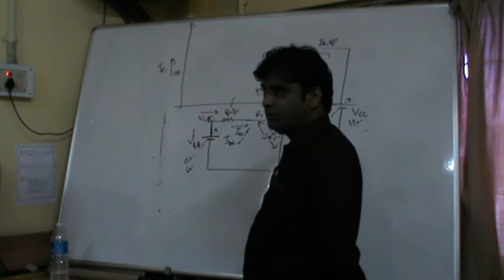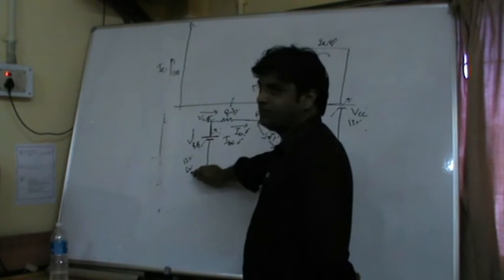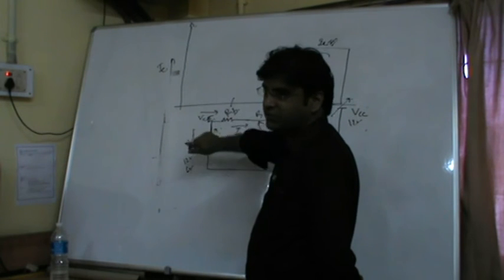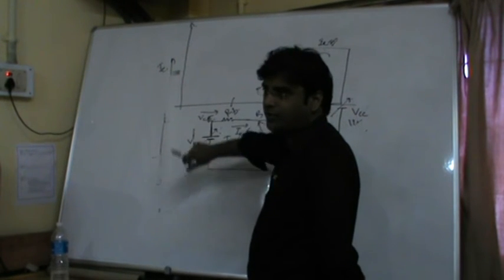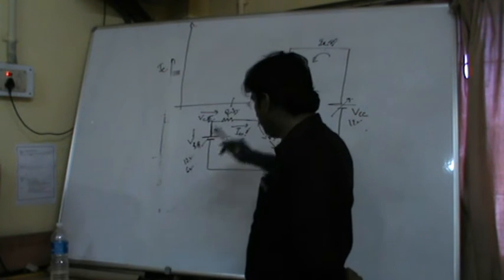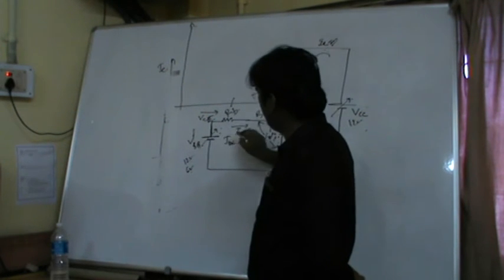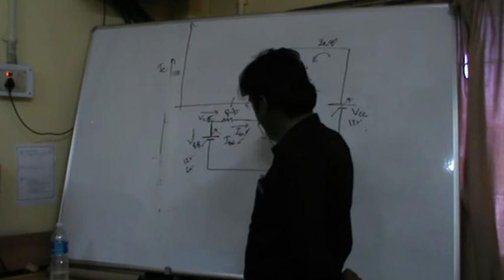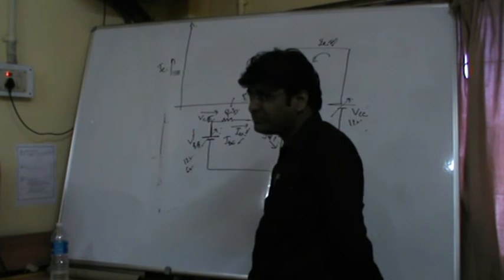Suppose 12 volt; from there I am changing it to 6 volt. This is a variable voltage source, 6 volt, and for this 6 volt, that IB6 is passing through this particular resistance. Okay,